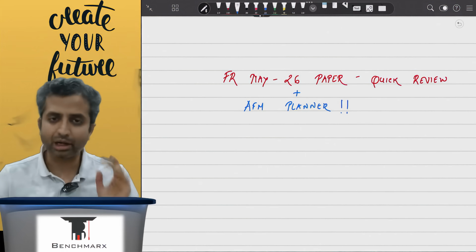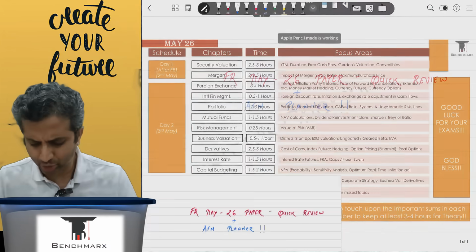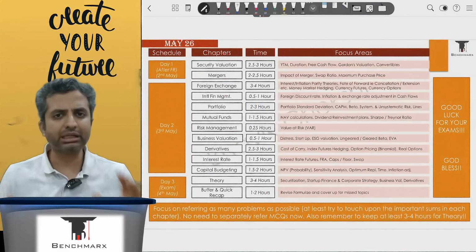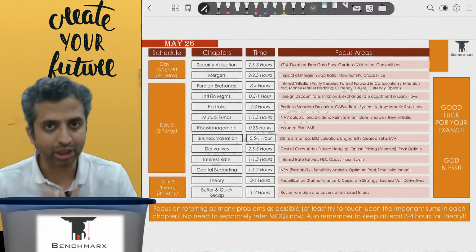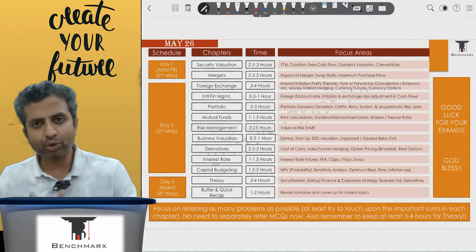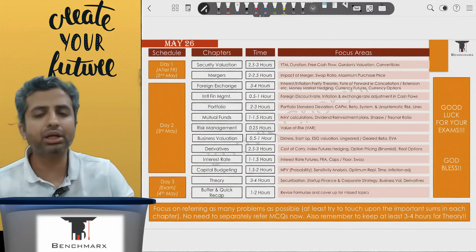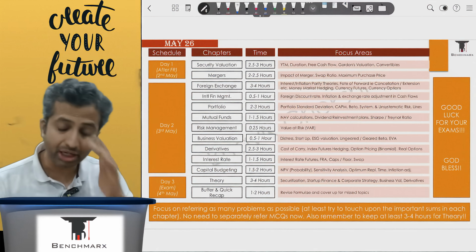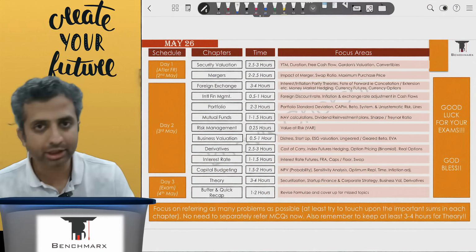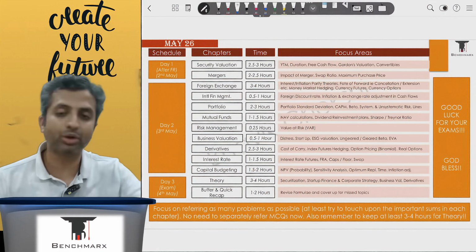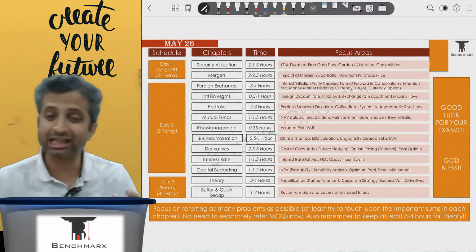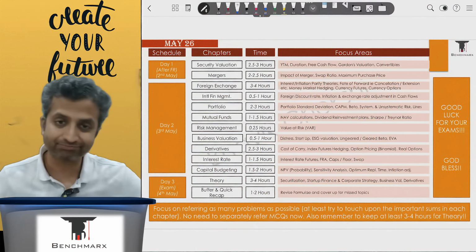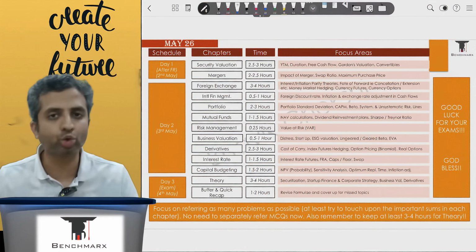So in terms of AFM, currently what do we have? Well, I'll share this AFM planner with you on Telegram as well. You can check on that, but largely AFM will be subdivided into 5 parts, and you have to think about how you complete those 5 parts. If you go to your time availability, for example, you have around 5-6 hours today, depending on how late you are going to study, maybe around 12 to 14 hours today if you can, tomorrow if you can push, and then another 4-5 hours. So in totality, you might have close to not more than 22 to 24 hours.